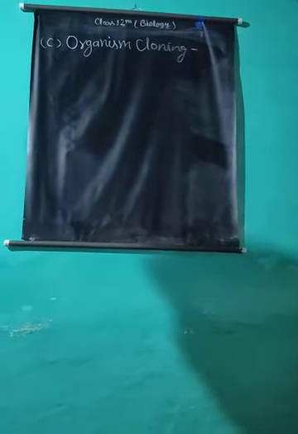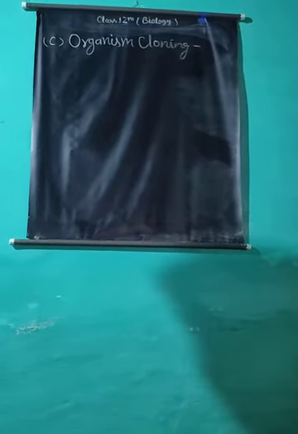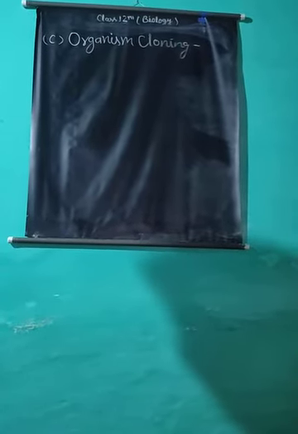Cloning of animal is very difficult. For this, the haploid nucleus of the ovum is replaced by the nucleus of a diploid cell of that organism. This diploid egg is then introduced into the uterus of a female, where it undergoes proliferation to produce a new organism, which is exactly similar to its parent.